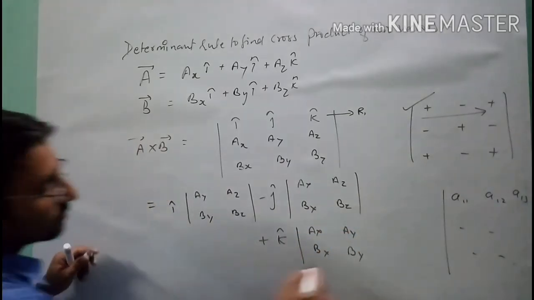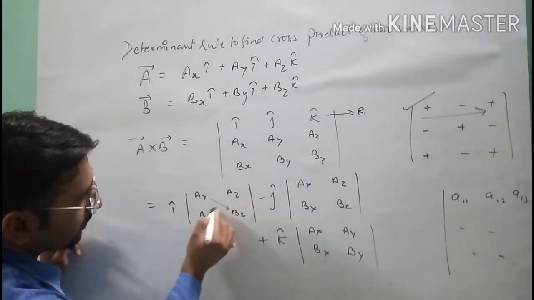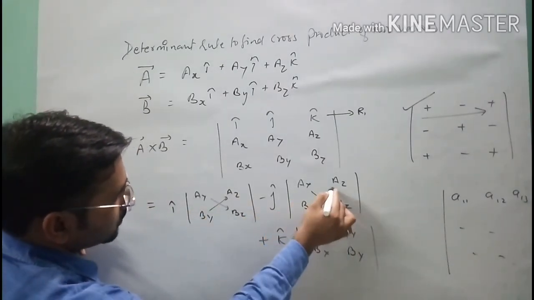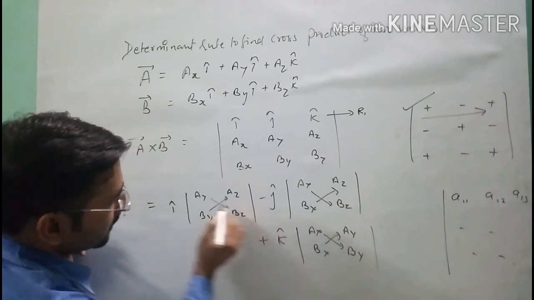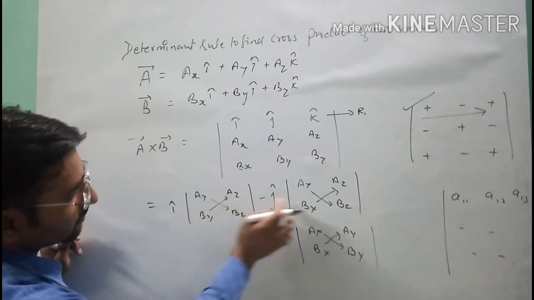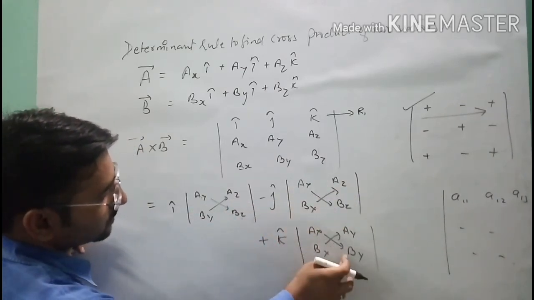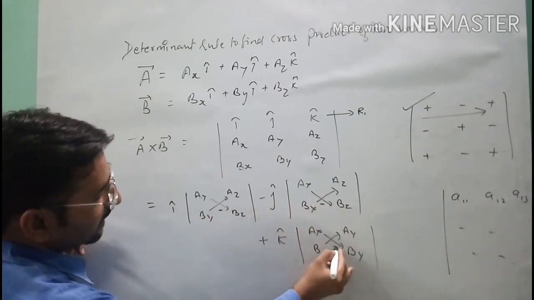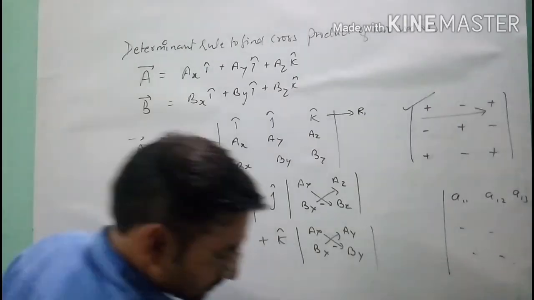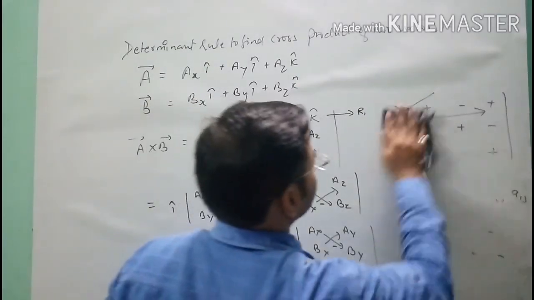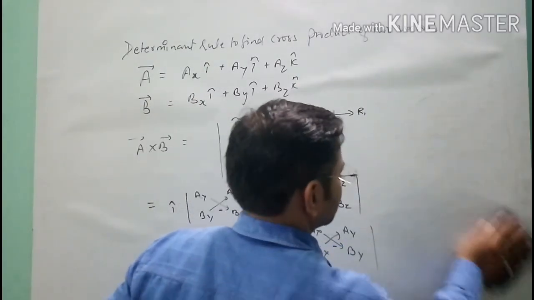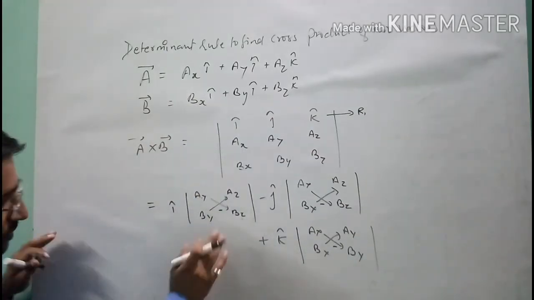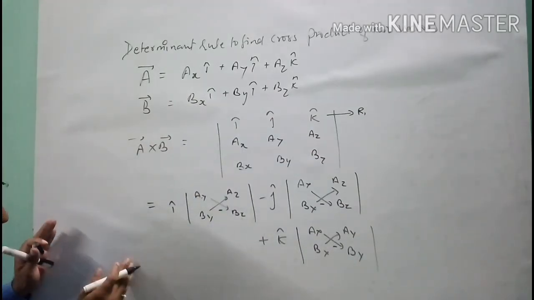Now after that, what you will do is take the cross product of these two. Do the cross product of these. First from this side to this, then this. From this to this, then this. From this to this, then this. And you will use a negative symbol between them. This is the formula. So see here, student, what I will do.